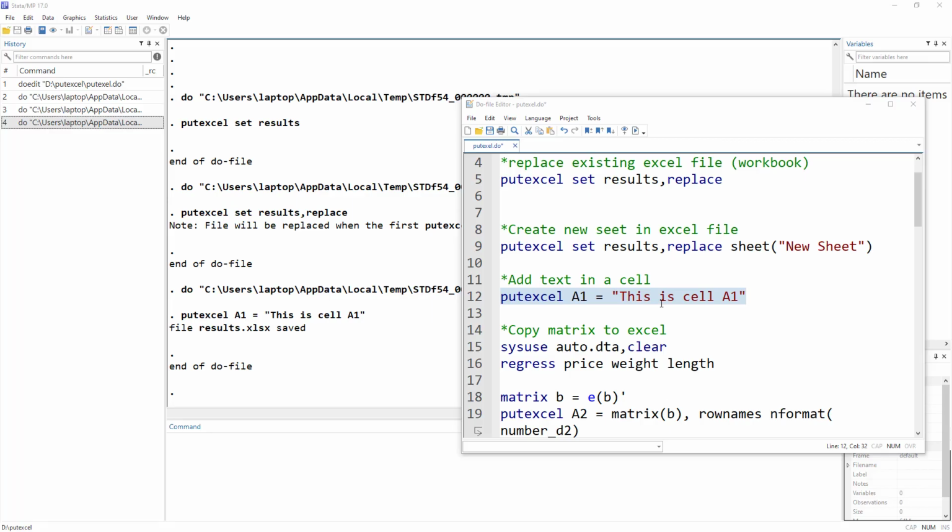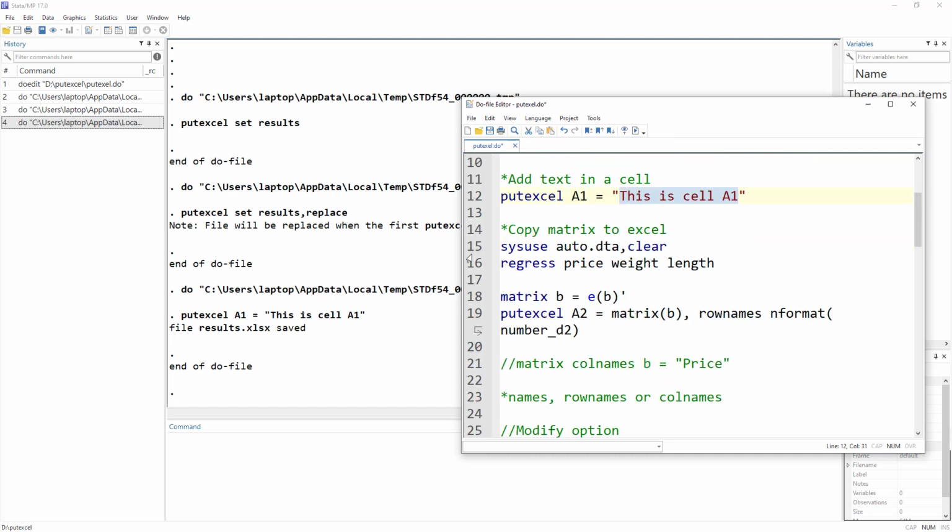Okay, so that was pretty easy, but normally we wouldn't just want to write specific text in Excel. We would want to perform certain analysis and write that analysis into an Excel file. So let's import some data. We are going to use the auto data,